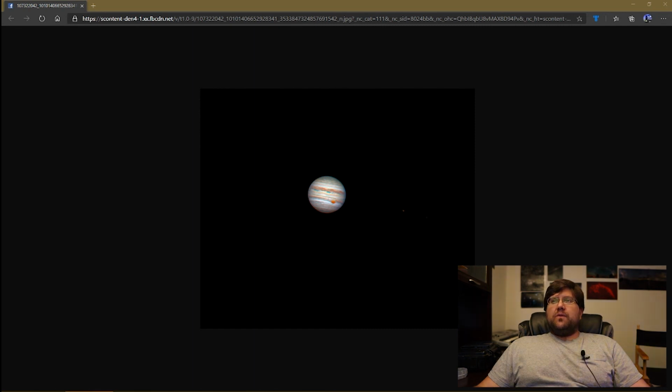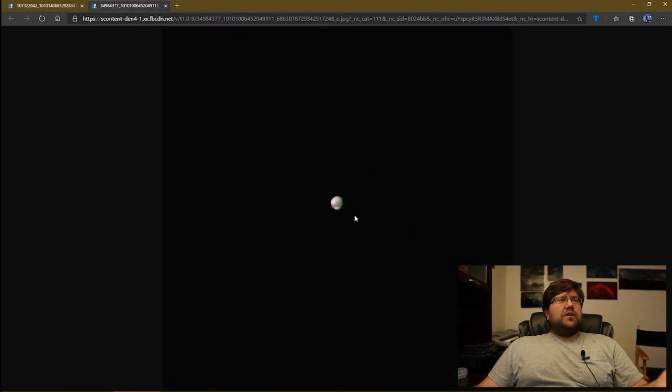So when you take pictures of Mars, you can potentially get something like this. And so you'll see the reddish hue and the little brown areas on there. The polar caps, sometimes you'll be able to detect other things. It just depends on your setup and how much you actually do to get these kind of details. So it is not impossible to get actual detailed images of Mars and the other planets, including